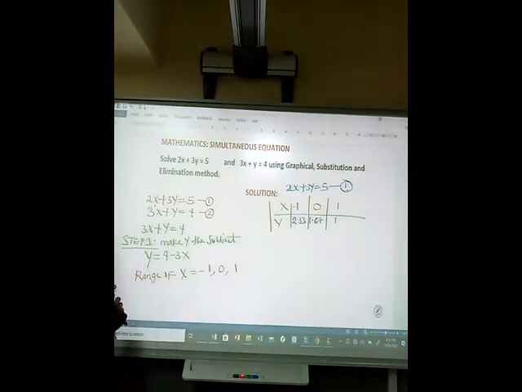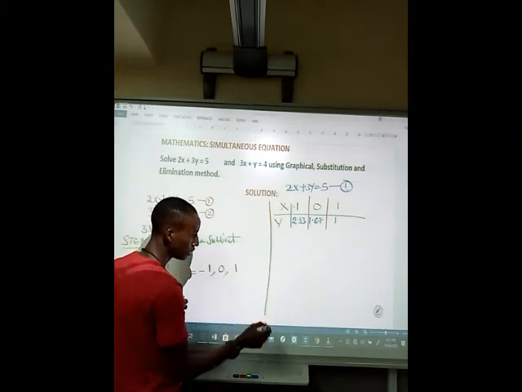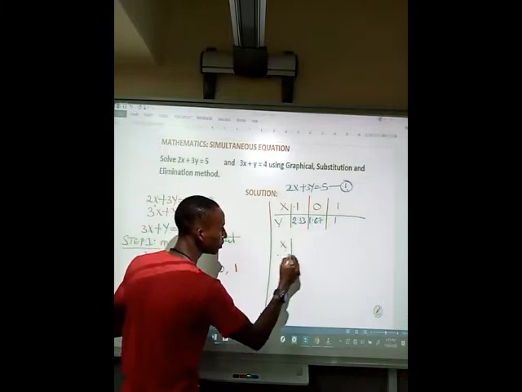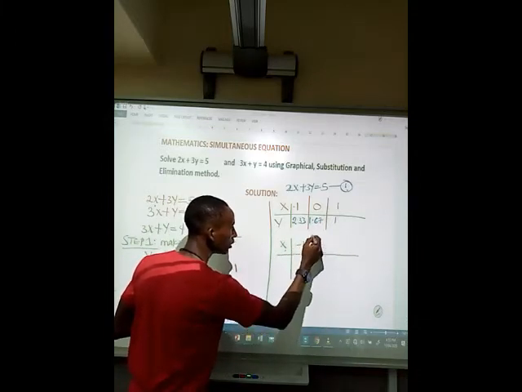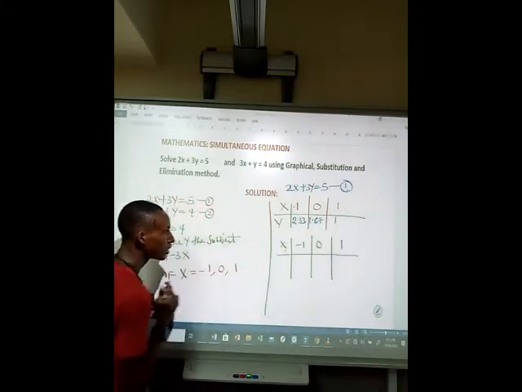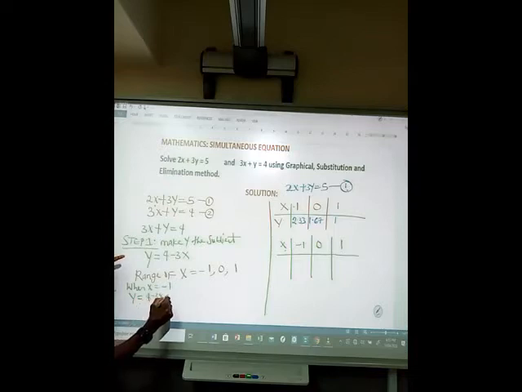So now you move ahead to draw your second table. Okay, let me draw my second table here. In my second table, I'm going to be having x, something of this nature, minus 1, 0, then 1. So I'll do the same thing for this table. When x is equal to minus 1, do not forget that your y is equal to 4 minus 3x. So which will now be written as